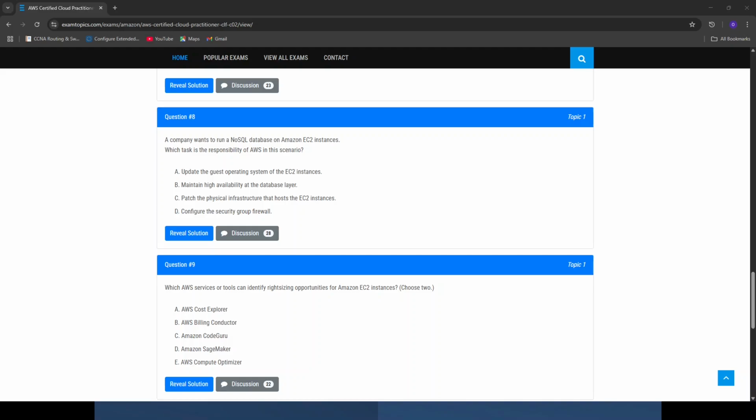So the answer for this is option A and E, which is A, AWS Cost Explorer, and AWS Compute Optimizer. Okay, so option A and option E are the answer for this. They are actually used for identifying right sizing opportunities for AWS, because for AWS Cost Explorer,